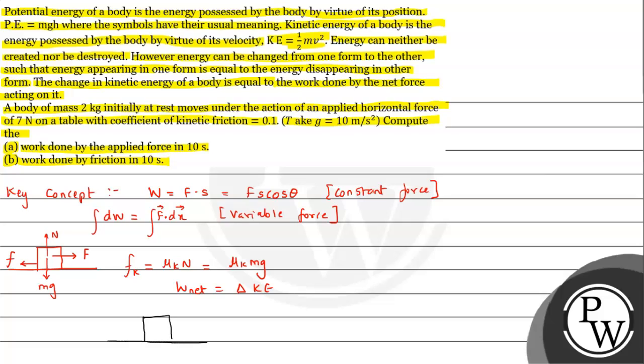लेट्स से कोई बॉडी है ये 2 kg की, एंड 7 न्यूटन का फोर्स इसके ऊपर लग रहा है, एंड अंडर द एक्शन ऑफ फोर्स मूव कर रही है. ये इनिशियली रेस्ट पे थी. काइनेटिक फ्रिक्शन हमें गिवन है, सो वी कैन सी के जो फ्रिक्शन फोर्स लग रहा होगा वो पीछे की तरफ